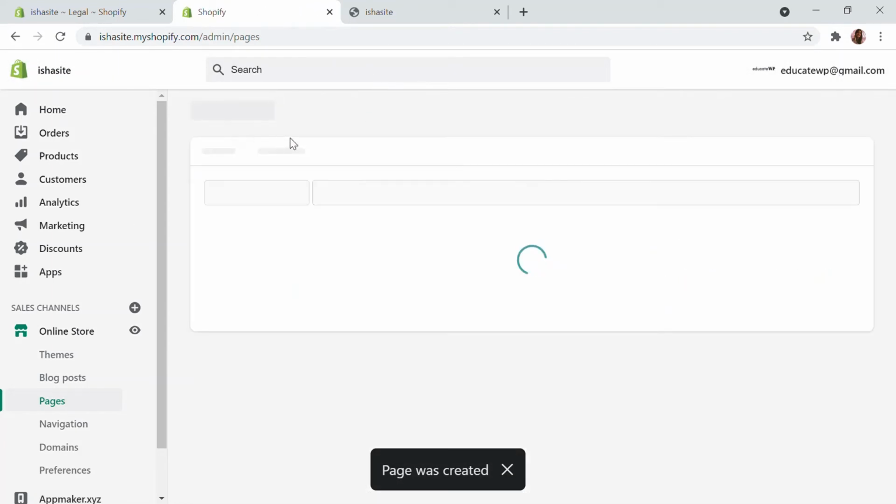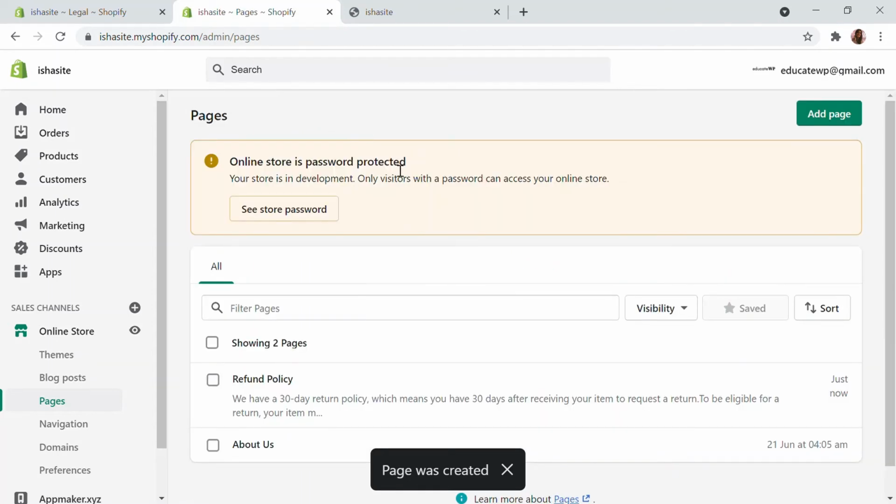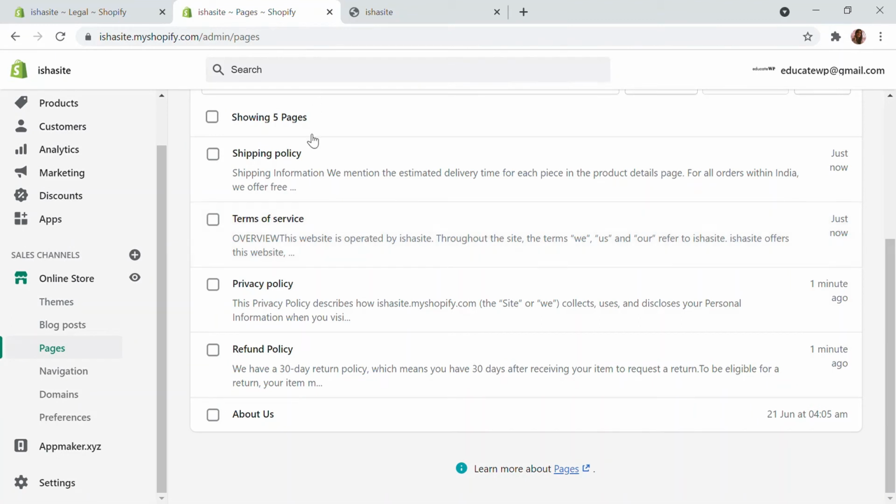Next, we're going to do similarly for the other pages as well. So we've just added all of the pages. So we have shipping policy, terms of service, privacy policy, and refund policy. All of these pages are not necessary. This will be according to your website or anything. So you can maybe just take it into one single page, however you want. You can customize it completely. So we have done this.